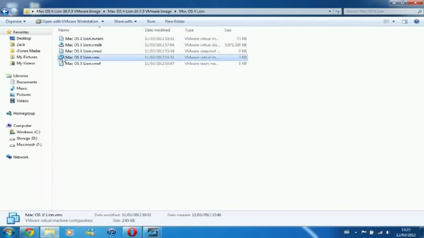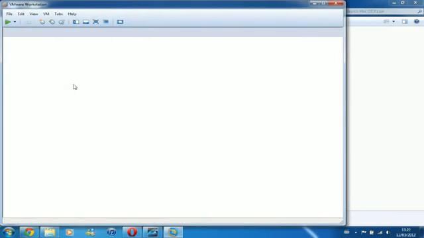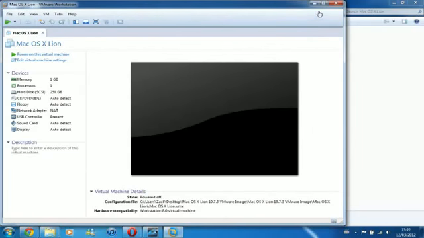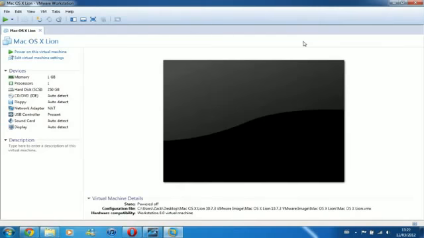And finally, just go into the Mac OS X Lion folder and double click on the VMX, which is the file with these three little windows. And VMware Workstation should open up any second. There we go. And you can see that I'm using Workstation 8, but don't worry because I've made sure that the machine is compatible with Workstation 7. So